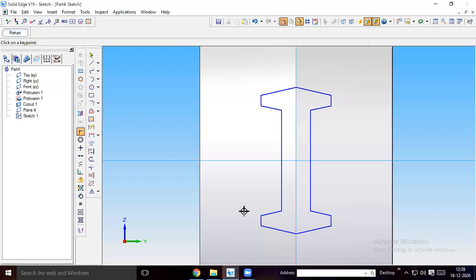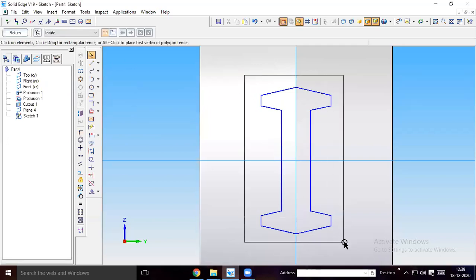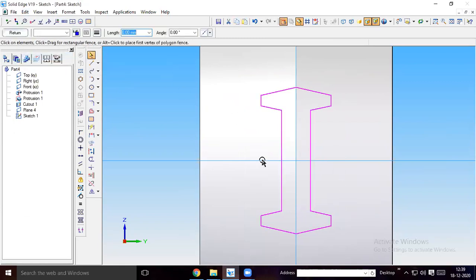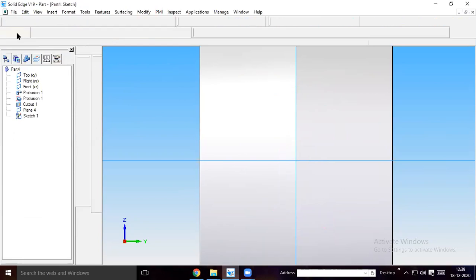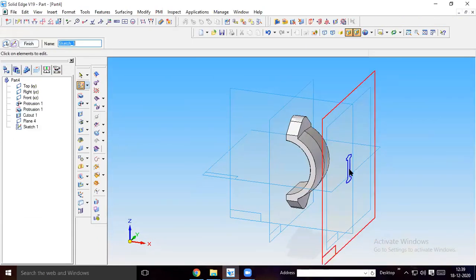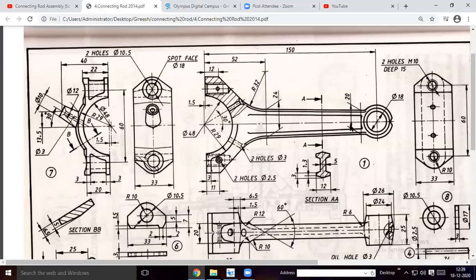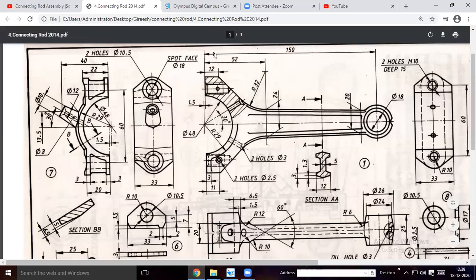So for that, what I will do, I will copy this so that I don't want to waste time doing this again. I'll copy this, say return. I created this profile here. I want one more plane, a parallel plane. So parallel to this. Okay, at what distance you have to check here. Okay, so I want a plane. So here the total distance to the center is 150. So from the plane it will be 150. Let me take it like that.